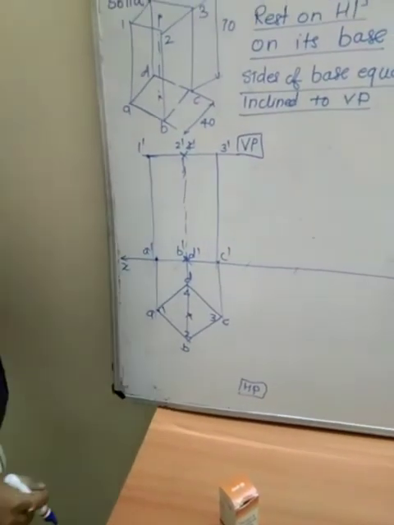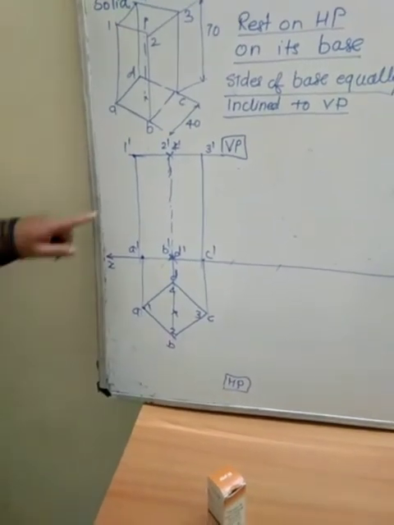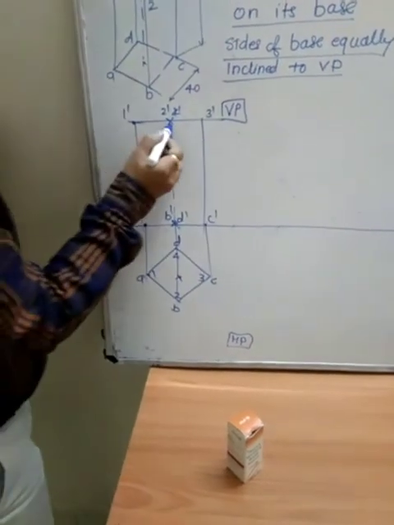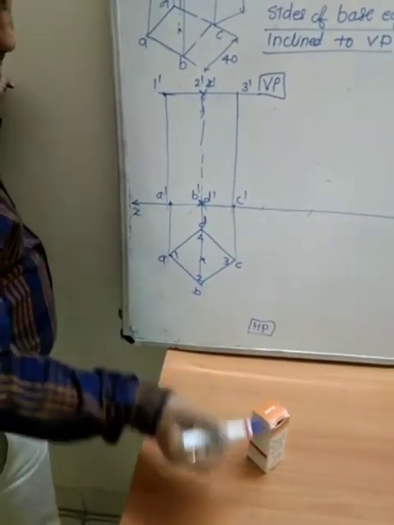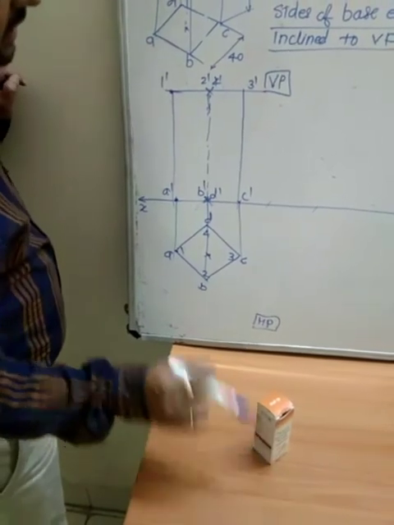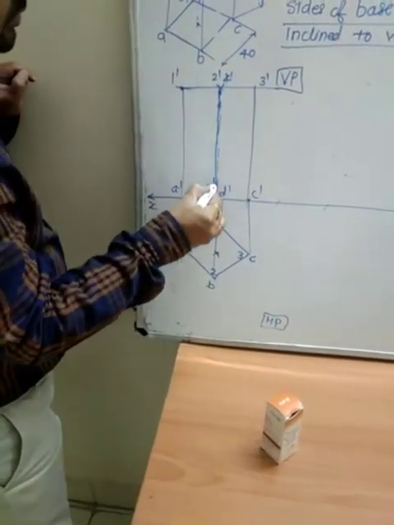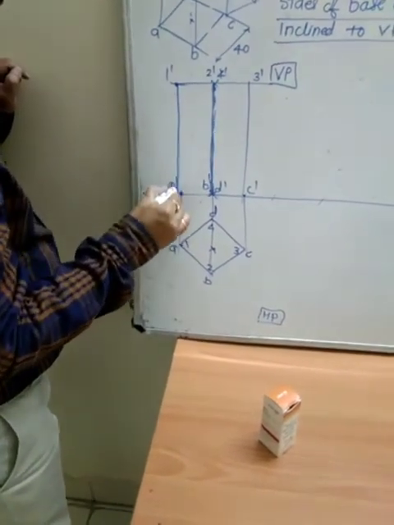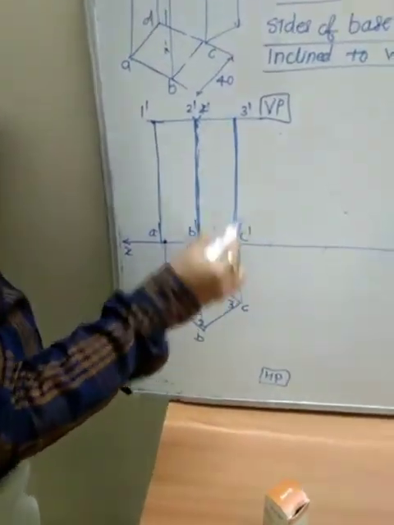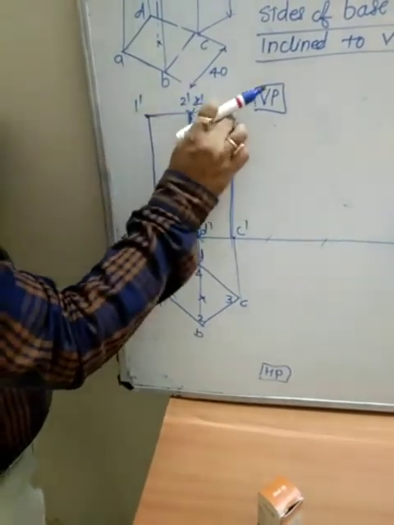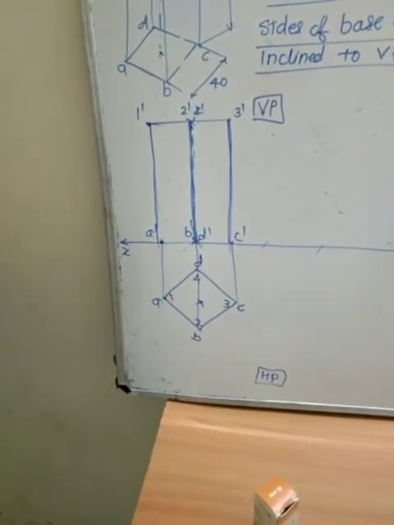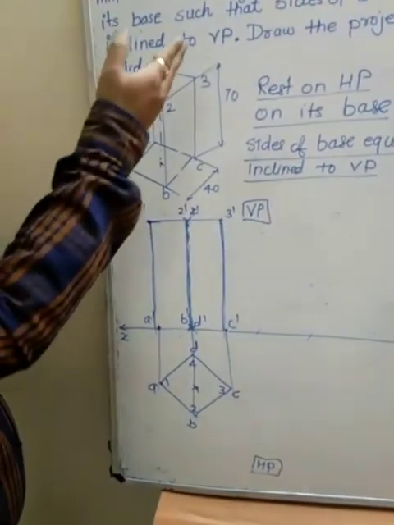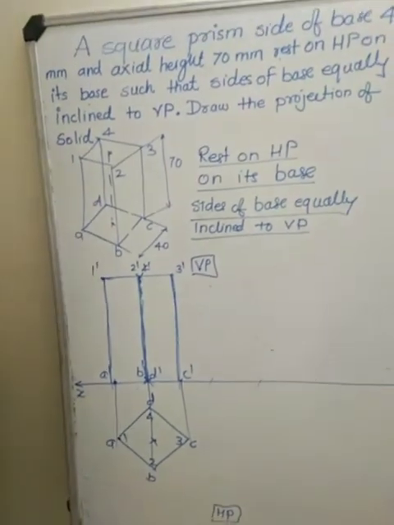Now this is the front view and top view of the solid. Here this is the axis, but in front of this axis this is the edge, which is directly visible. So here you have to draw the continuous dark line, because the axis is behind the front edge. So this is the front view and top view of this square prism and the solution of this problem statement. Okay, thank you.